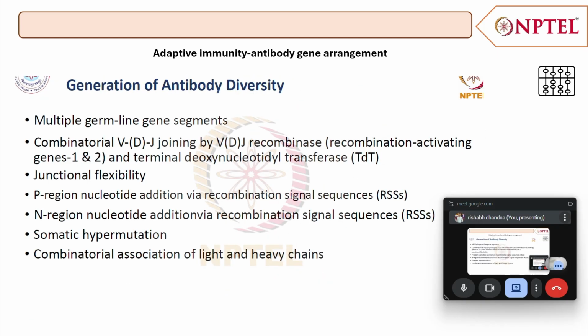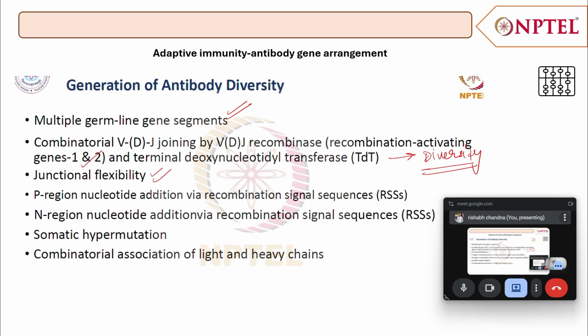Now moving on to the generation of antibody diversity. So what happens? There are multiple germline gene segments. Okay, so the combinatorial VDJ joining by the VDJ recombinase, that is recombination activating genes 1 and 2, and the terminal deoxynucleotidyl transferase. So these actually generate the diversity for different binding of the antigens, and they have the